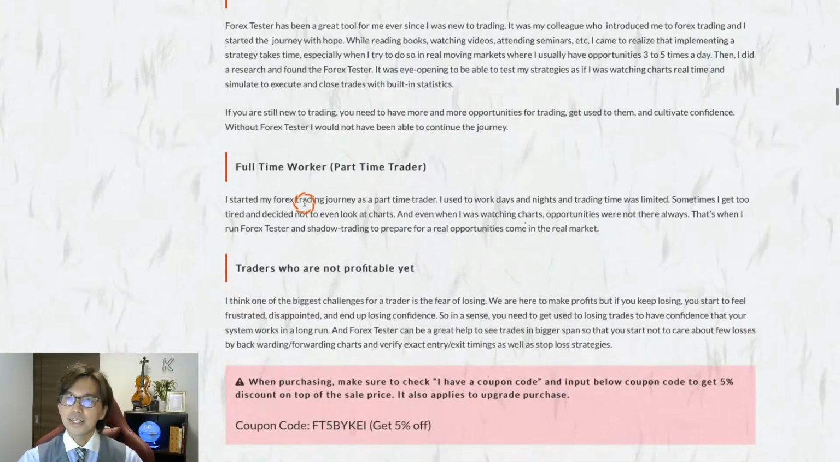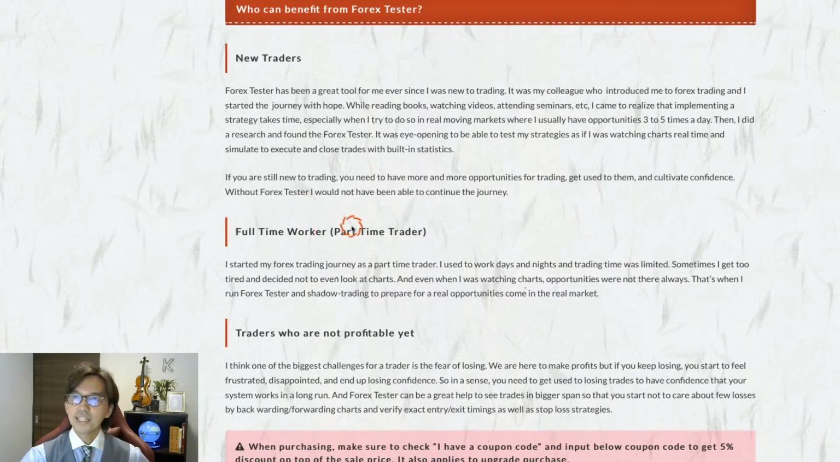And the second criteria is the full-time worker and also part-time trader. So I used to be a full-time worker and part-time trader, and back then I also used to run the tester, and it saves a lot of time for me. So if you are a full-time worker, or you work full-time a day from like 9 to 5,